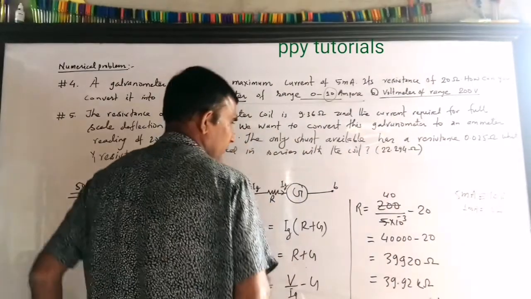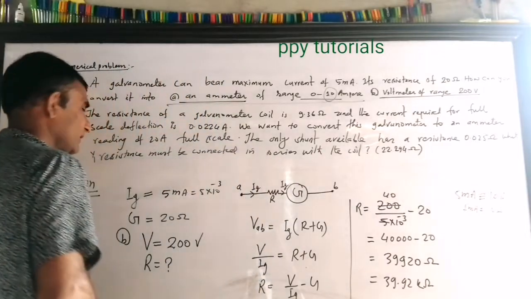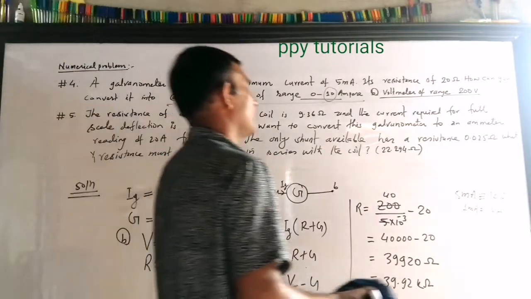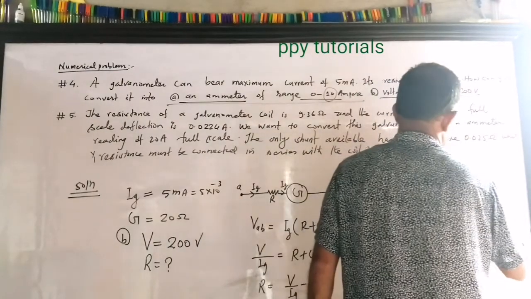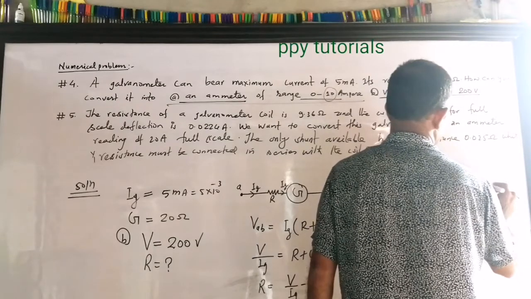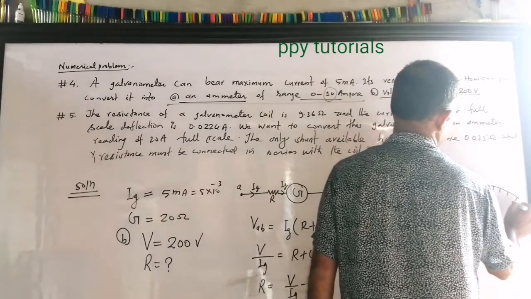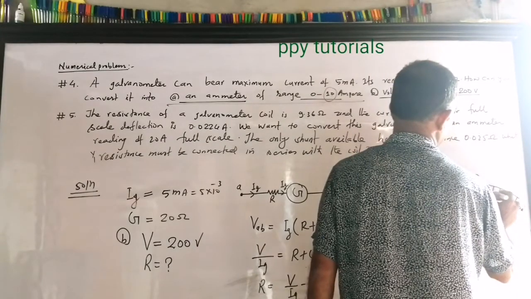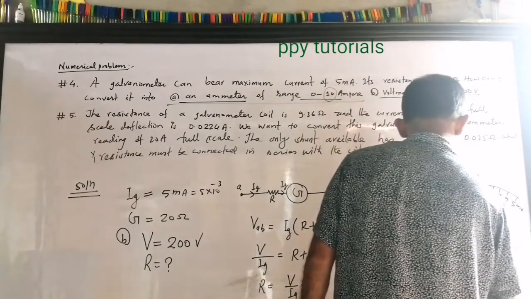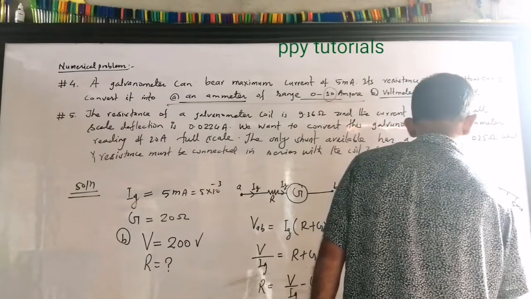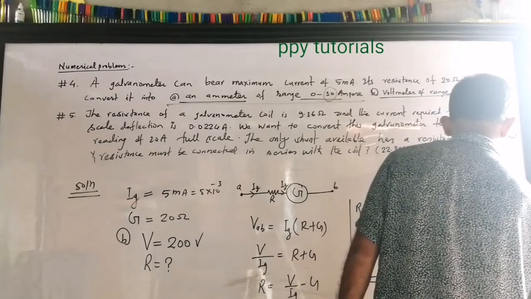You are going to convert this galvanometer into the voltmeter, which can measure up to the voltage of 200 volt. Again, you want to make the label of your voltmeter. So this is your galvanometer. It's 0, it's 1, 2, 3, 4, 5, and it's labeled like 5 milliampere, 4, 3, 2, 1. But this time, what do you have? You have 5 milliampere equivalent to your 200 volt.